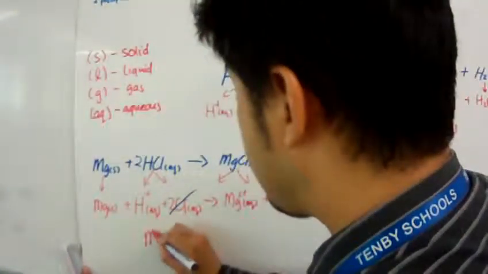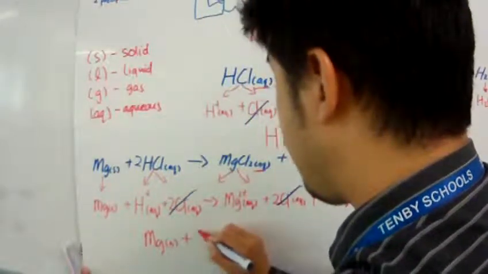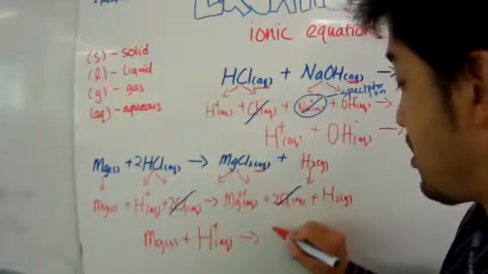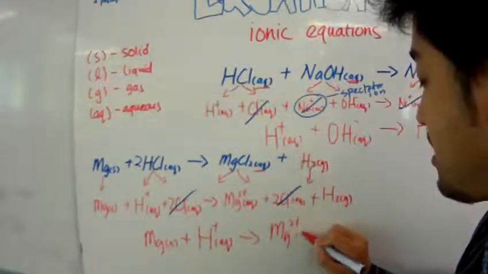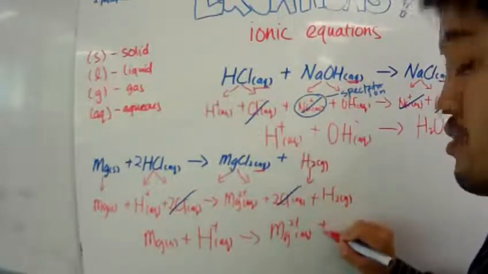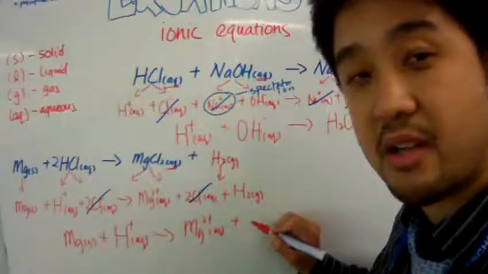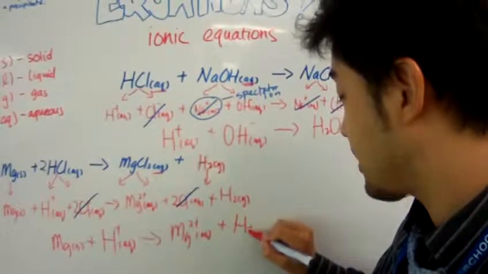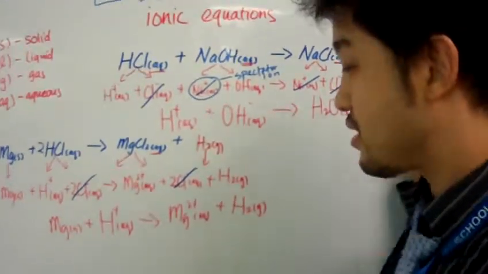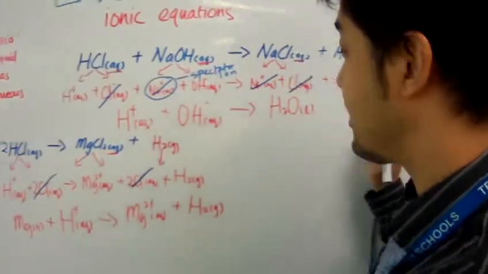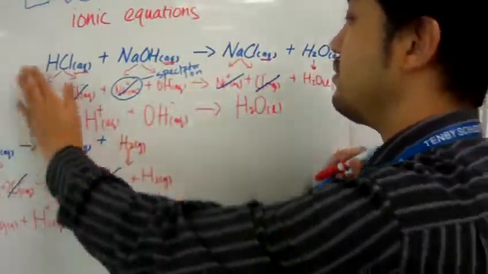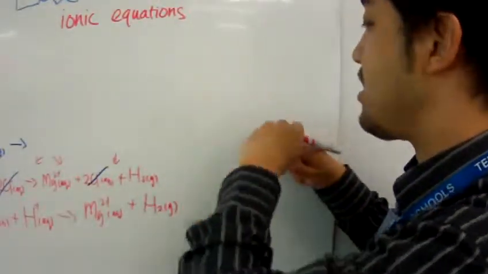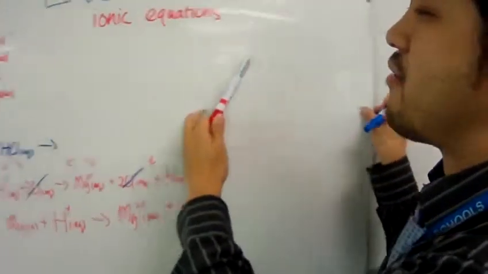So the magnesium underwent chemical change with the hydrogen ion to form the magnesium ion that's soluble in water, together with the hydrogen gas. Okay? So here is my net equation. Now let's do a final example. I'm going to do another double displacement reaction that involves a precipitate that